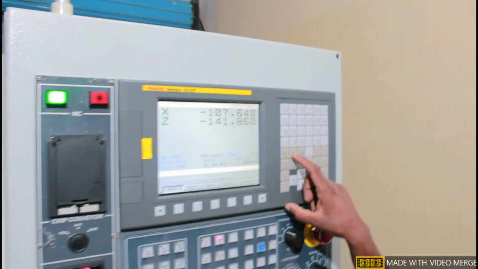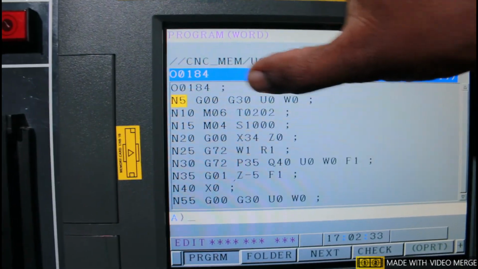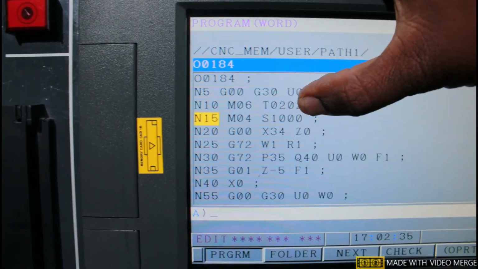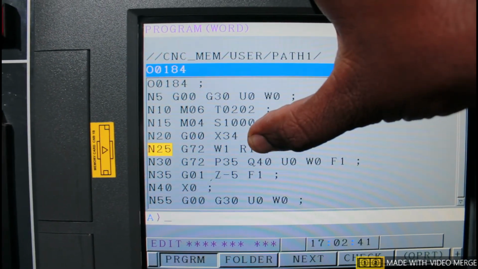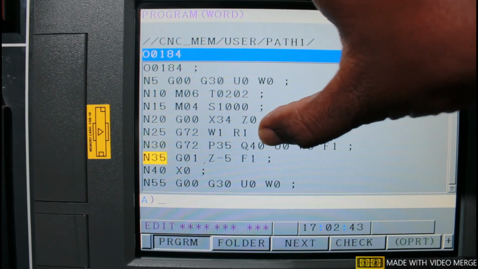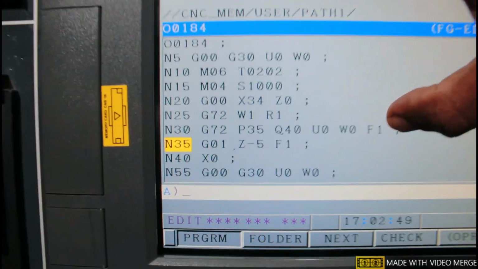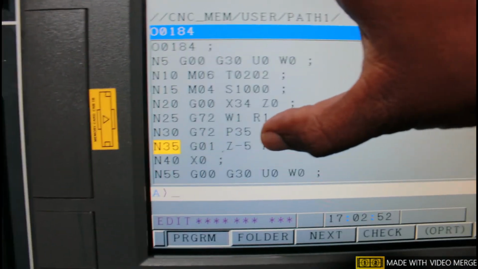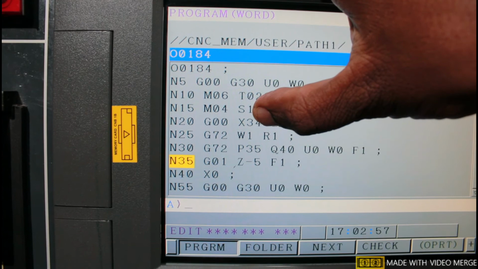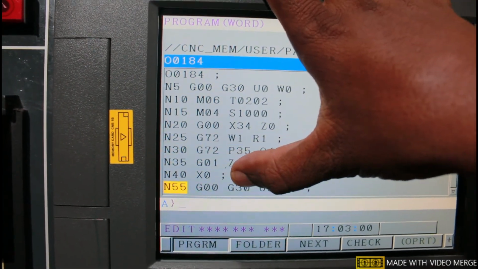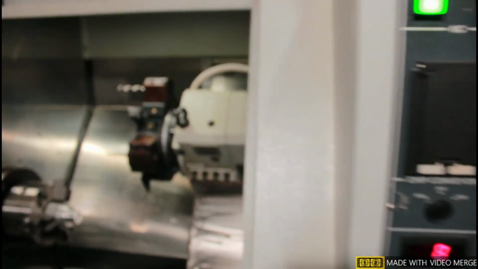Already I explained about this program. See, this is the program. Already you know the meaning of these codes: homing, tool changing, workpiece rotating, rapid positioning, and this is depth of cut along z-axis, retract, and profile starting point, and this one is the end point. Finishing I have given 0; there is no finishing allowance for this. Feed is 1 mm per revolution, and this is the 5 mm stock we have to remove on the face of the workpiece. Then homing, and program end and rewind. Let us see how this will work automatically.